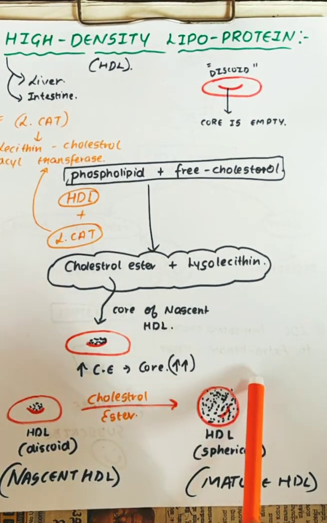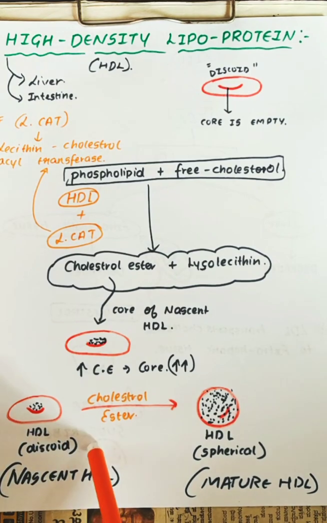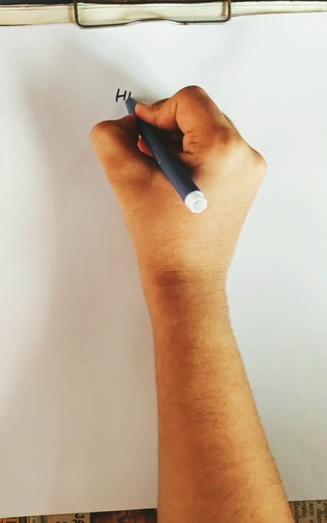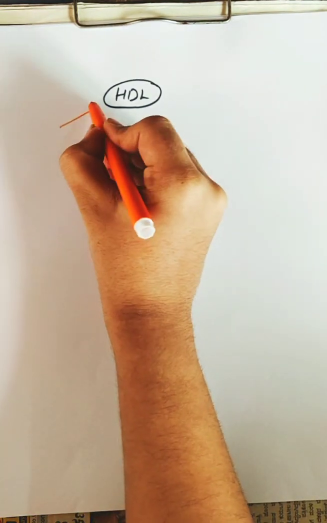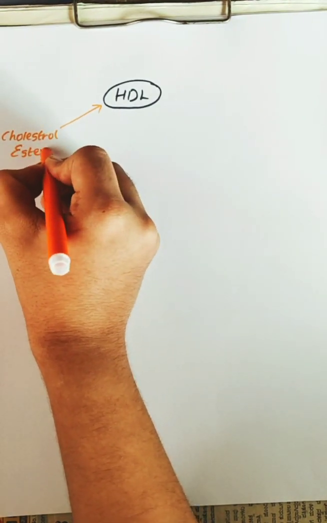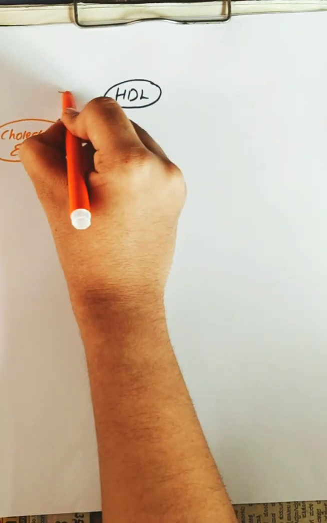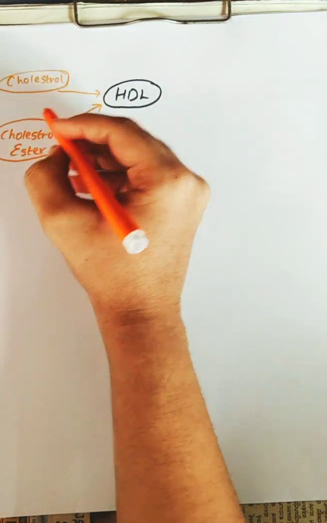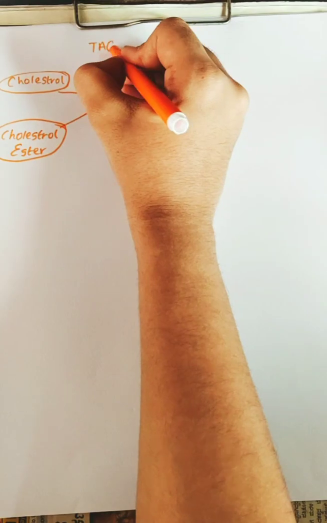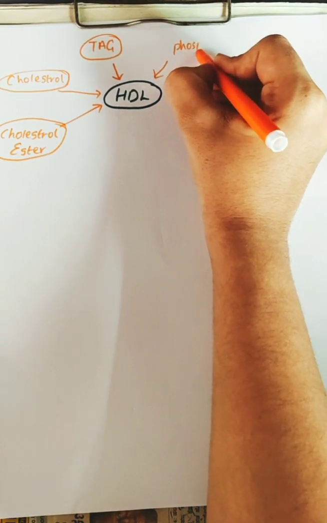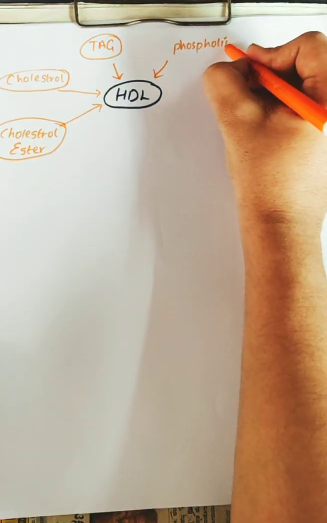Now we'll see the structure of this HDL. What are those elements which are required for the formation of HDL? First one is cholesterol ester, the main one. Second one is cholesterol. Third one is TAG, triacylglycerides. Fourth one is phospholipids. These are required for all lipoprotein